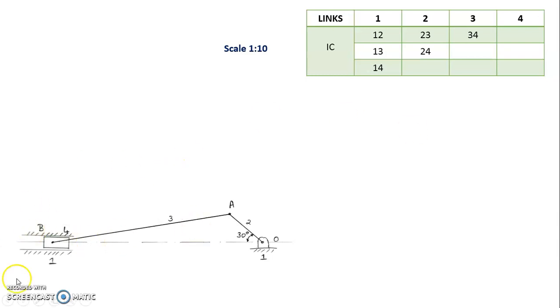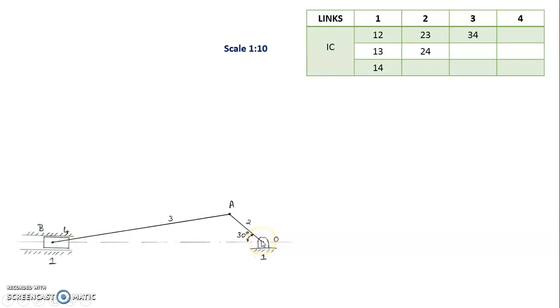So how to draw this sketch? Before drawing the sketch, you should know that the point O, where the crank rotates, and the piston are on the same axis. This is a horizontal type of engine, so it is on the same axis. This you should know. So first I will draw that axis line, then I will locate point O. Anywhere I will locate O, and then we will draw that it's fixed.